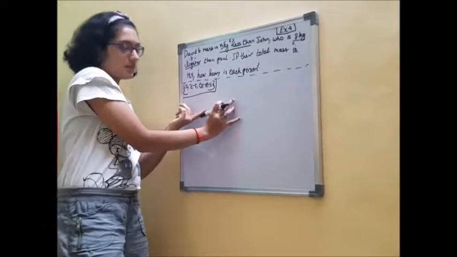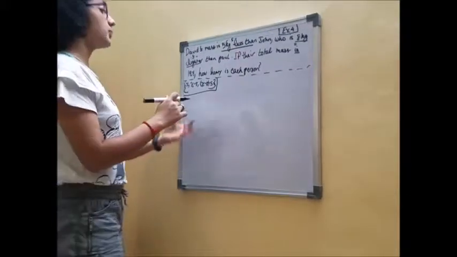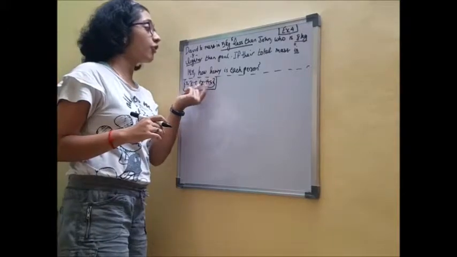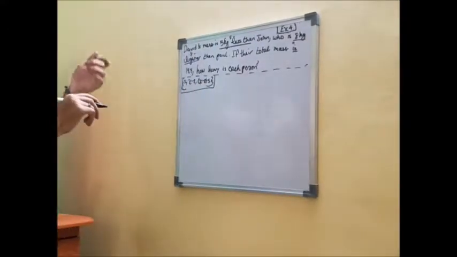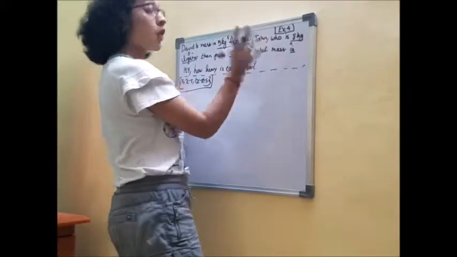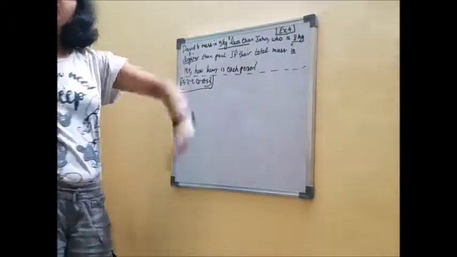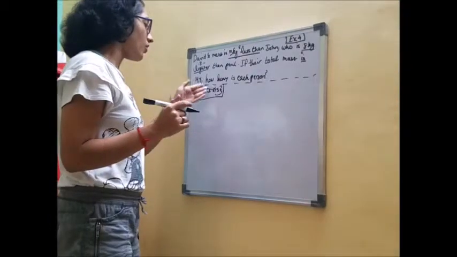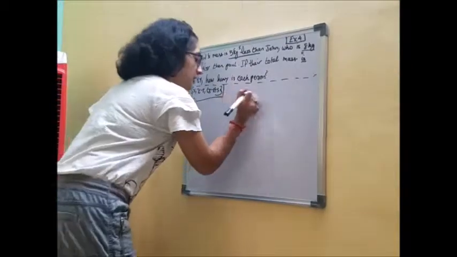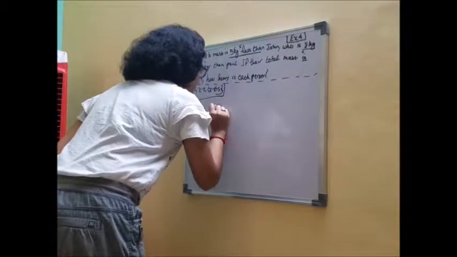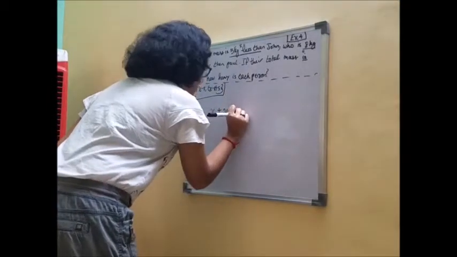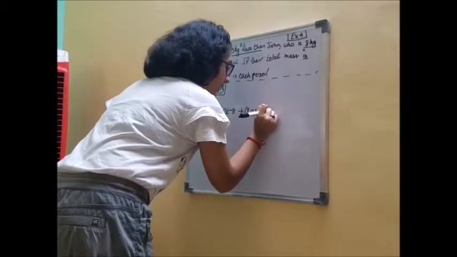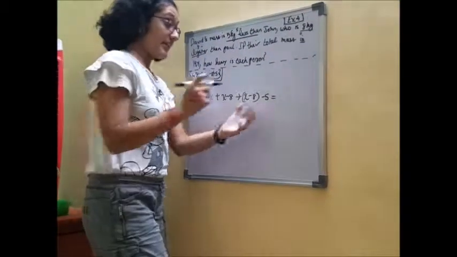Here I wrote it a bit smaller so we have a lot of space to do the math. So this is Paul, this is John, and this whole thing is David. So now it says they told the total mass, so we add all of their weight together, it equals 197. So we know that we have to add all of these to get 197. So let's do that. So it'll be x plus x minus 8 plus x minus 8 minus 5. It's going to equal